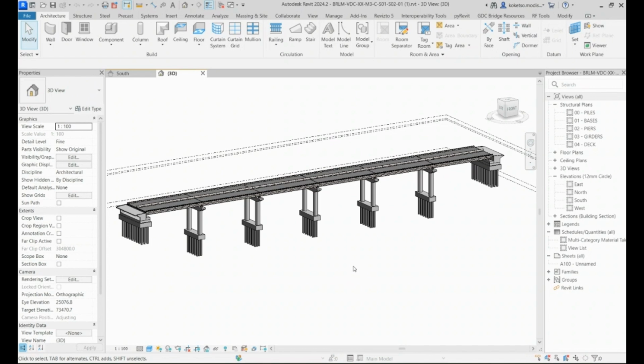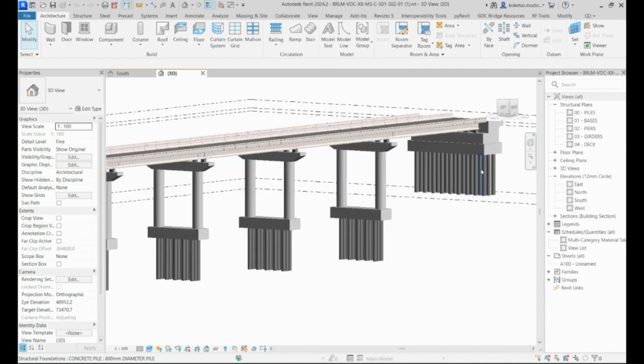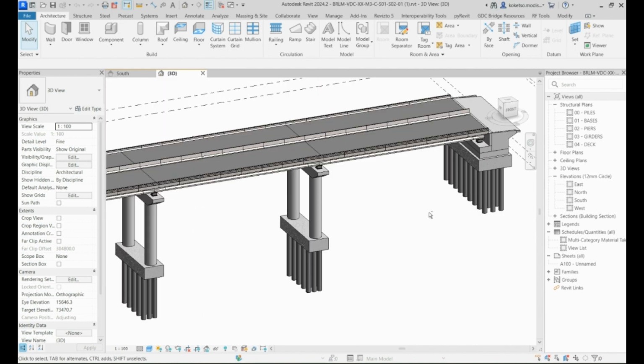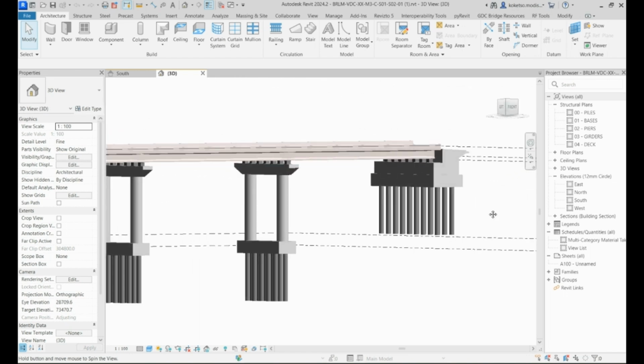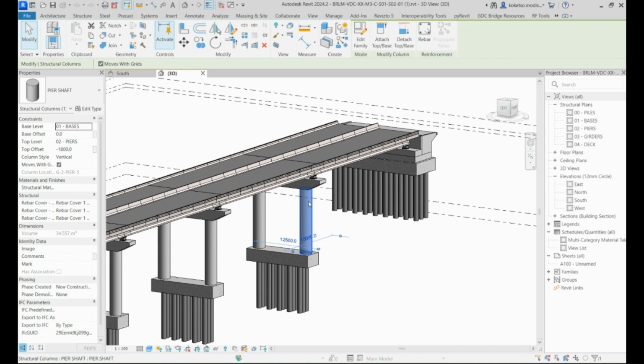So today we're gonna do something a little bit more interesting. We're gonna do a basic 4D animation of a concrete girder bridge that we did in Navisworks. So remember the concrete girder bridge that we did in earlier tutorials. We're gonna export it to IFC and then import it into Navisworks, and then we're gonna do a 4D animation